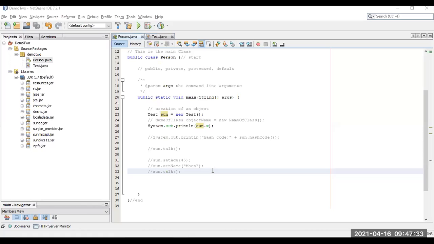Let me check the syllabus. I think we are going too fast, right? Okay, I think it is enough for today's session. Tomorrow we'll discuss assigning one object to another object and overloading constructor methods, which are also very important topics.